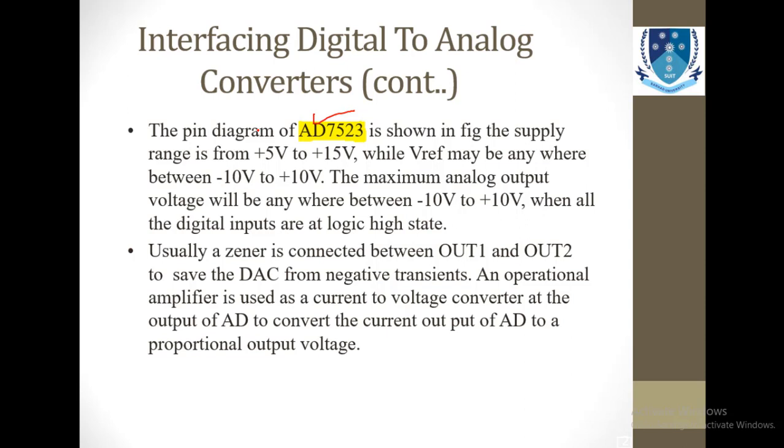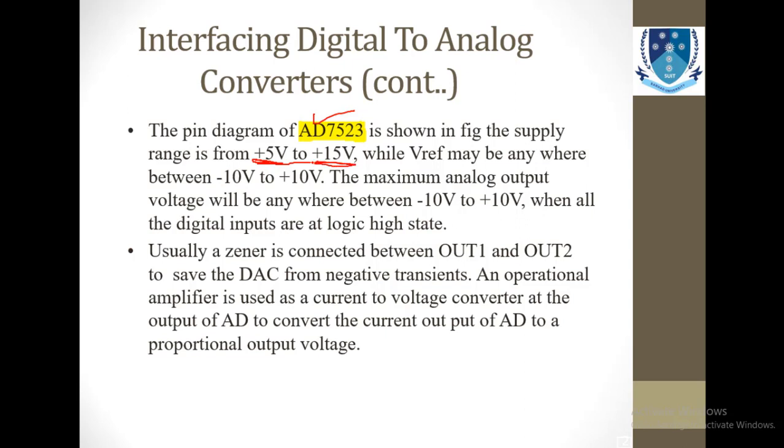You will understand how varying these inputs and reference values can change your number of outputs. For example, let's compare this IC with the previous IC, the 808. The previous IC was working on 8 pins, and the power supply was the same. But this IC provides you a power range, the range from where you can operate as input. So your input can vary from plus 5 volt to plus 15 volt.